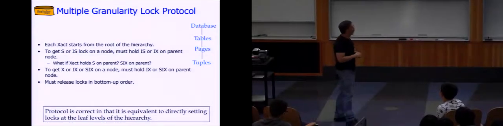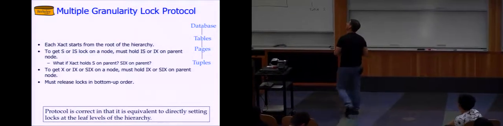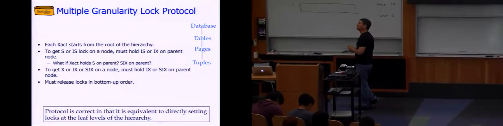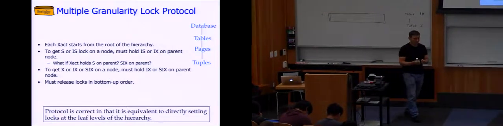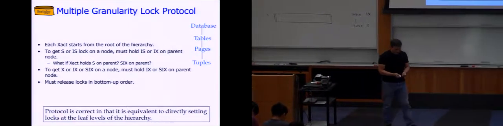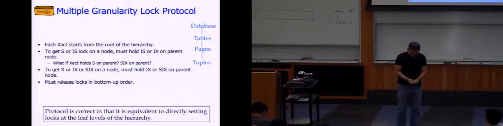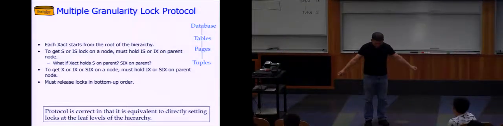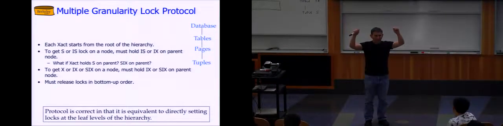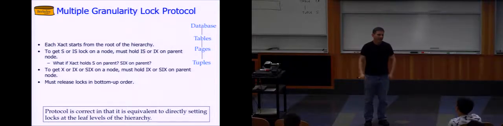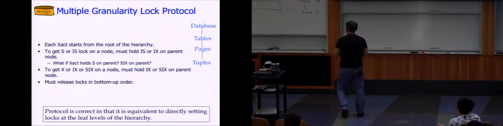If you lock bottom up and you release top down, I don't think that works because of the containment hierarchy, right? It would be foolish anyway. You'd say, I will first lock all the tuples, and when I've got all the tuples locked, then I will lock the table. There's almost no point to it. Yeah, so it wouldn't make sense to acquire locks bottom up. And you can't, I